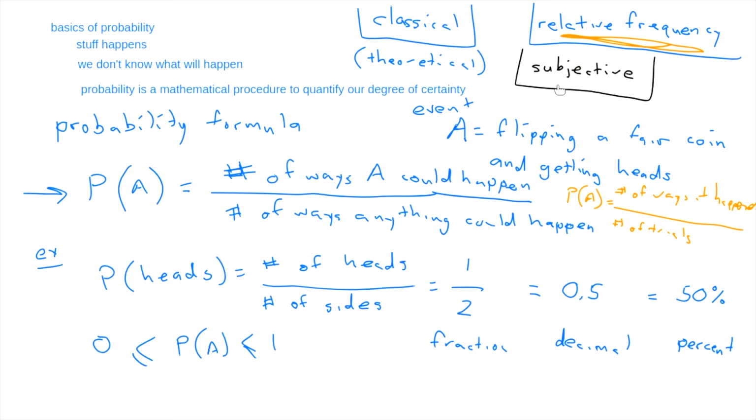And how am I going to tell you that? Because I know a lot about coins. I'm older than you young whippersnappers, and I've been around. I've seen coins. I've flipped a few coins in my life. And so here comes my subjective. I'm thinking it's about, I'm going to say 50%. And you say, come on, Gary, you're just saying the number. Well, yeah, but that's how I feel. You think,